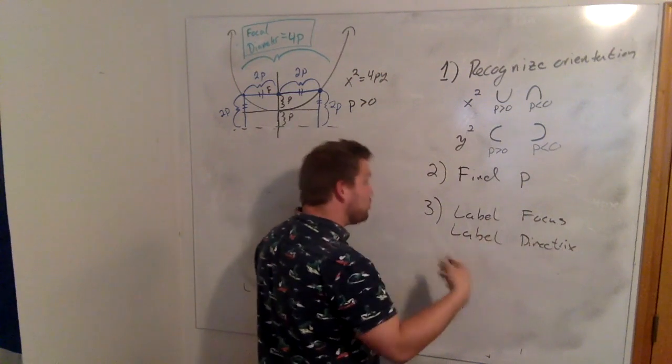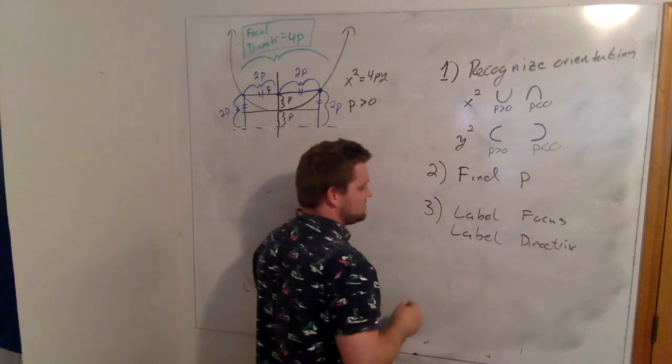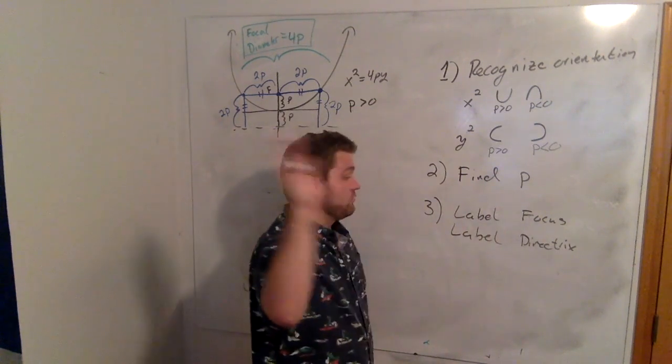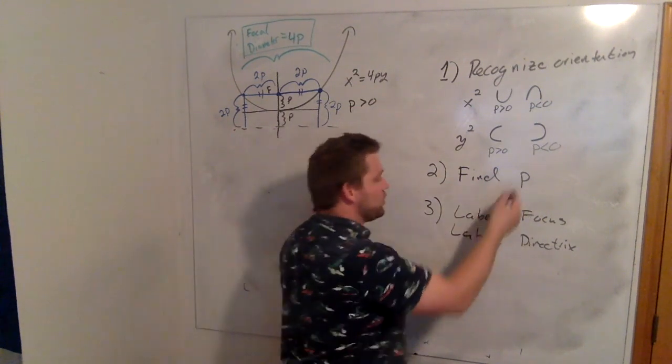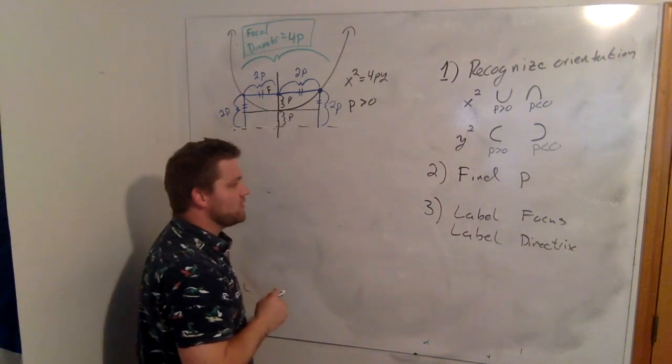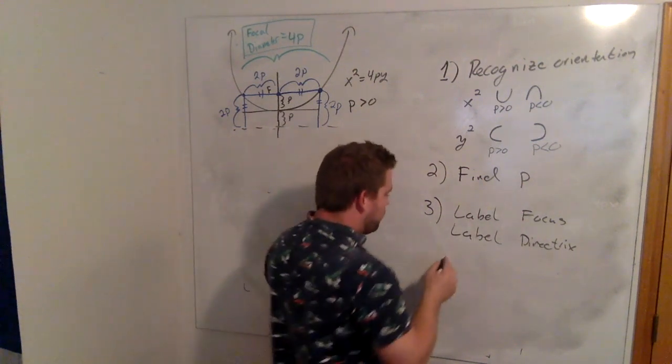Okay, and by knowing the value of P, you should be able to do this. And knowing its orientation, you'll know whether the line is vertical or horizontal. And by knowing P, you'll know which side of the directrix the focus will be on. Then you're going to want to